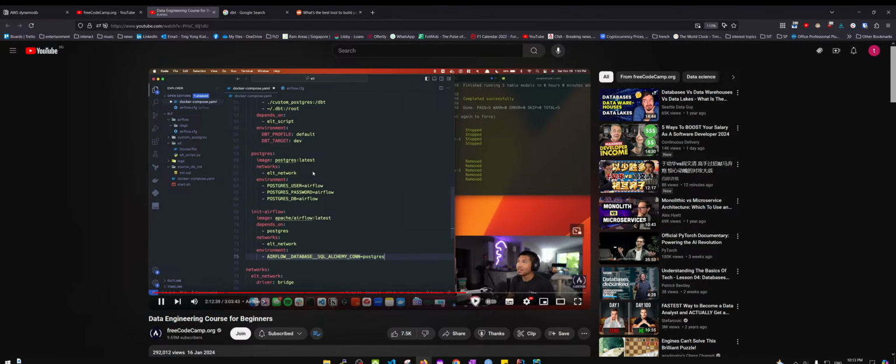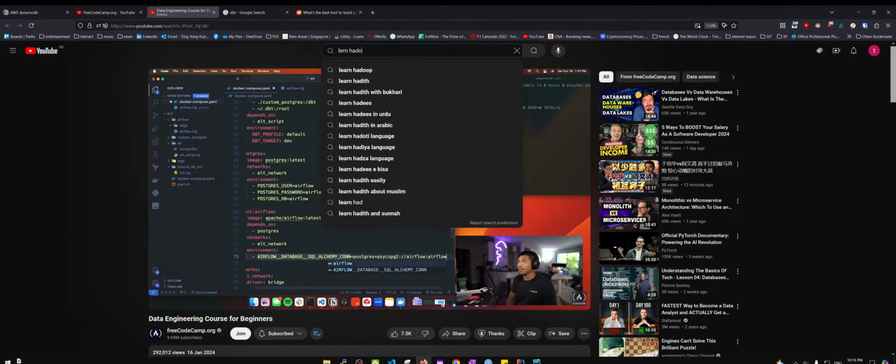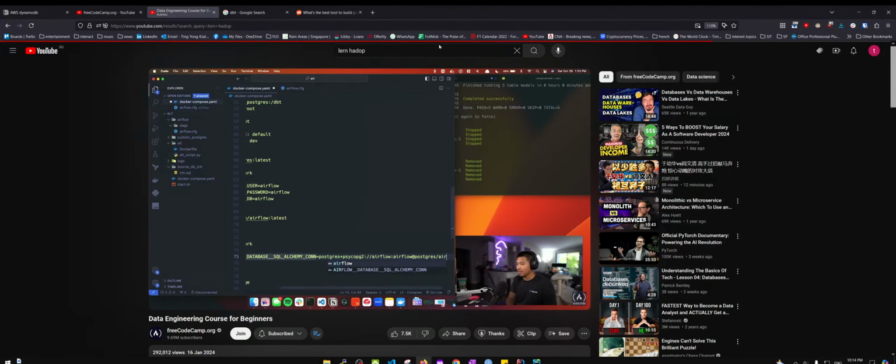So postgresql+psycopg2://airflow for username and password, at postgres/airflow. Okay, so that's